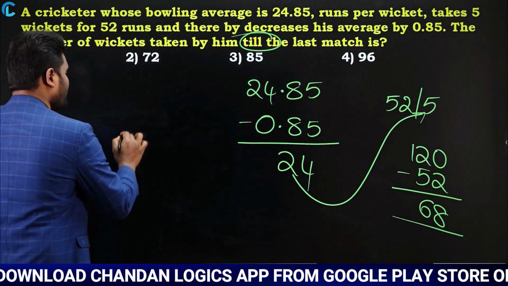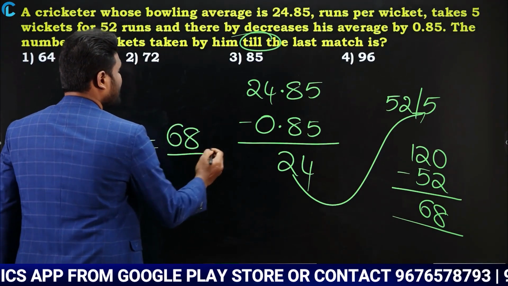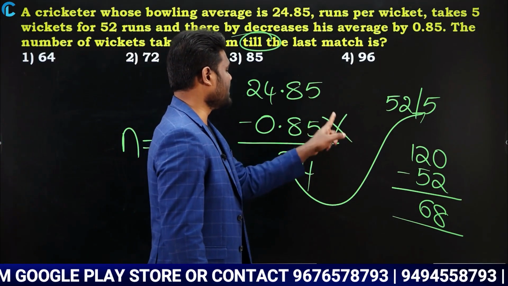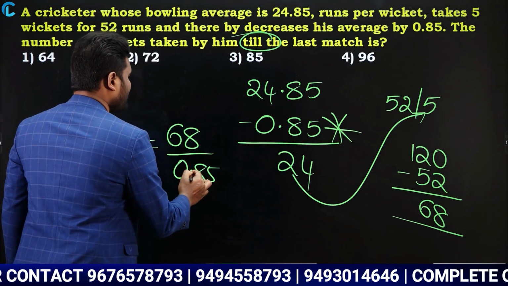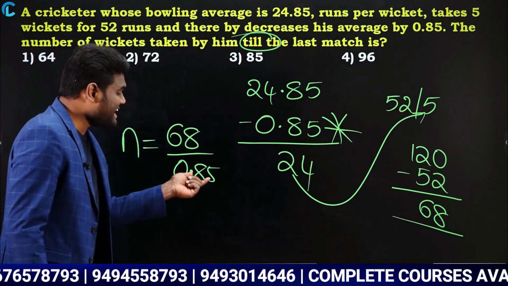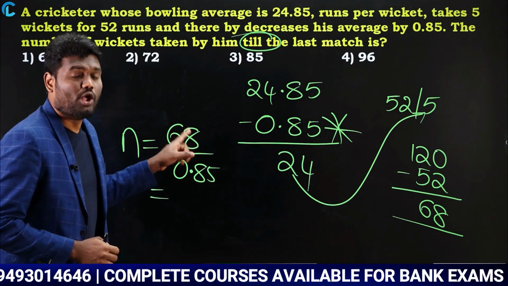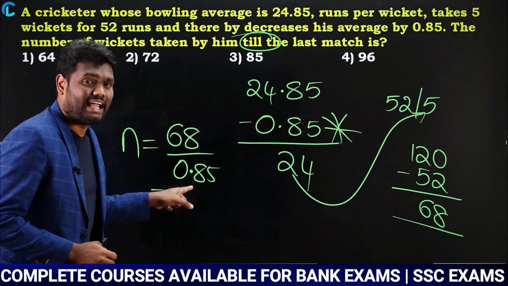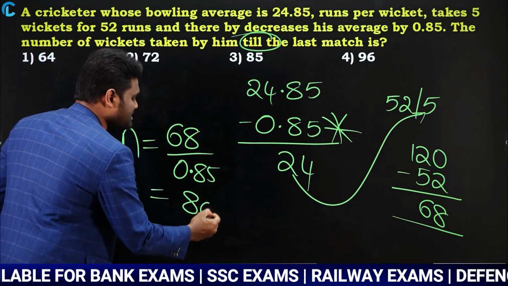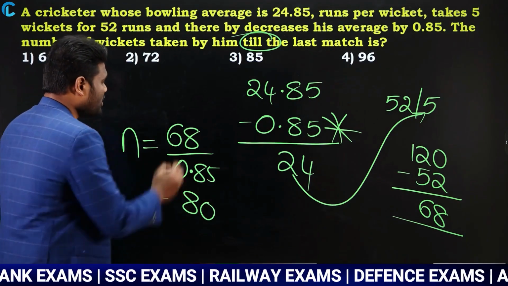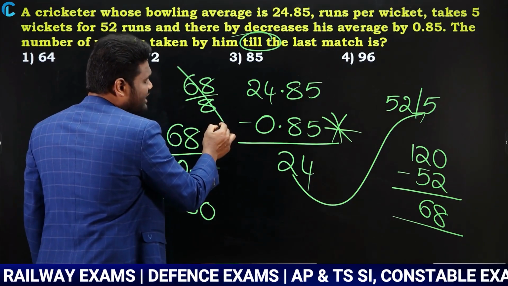Now what you need to do? To find the value of n, the 68 has to be divided by the change in average. Change in average is nothing but 0.85. So 0.85. Now look here, even to calculate this, you need not worry. If it is like 8 times 64, yes or no? 8 times 64, which means now this is not 8, it is 0.85, which means it is going to cancel here. How many times? 80 times, yes or no? Why? Because if it is 68 divided by 8, then what would you be saying?